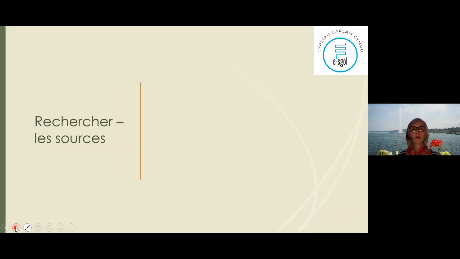So now, if we concentrate on the resources, so rechercher les sources, always French language sources, okay? Nothing wrong in reading something in English about what you want to discuss, but all the sources have to be in French. So you cannot refer to The Guardian, or you cannot refer to what you heard on BBC Radio 4. You have to refer to Le Monde or France Inter, okay, the French equivalent of those sources.